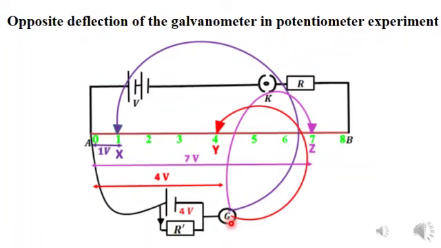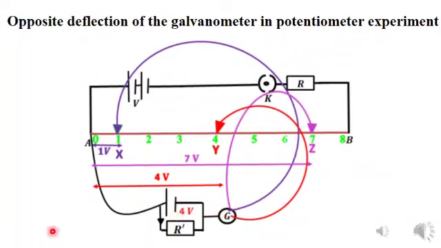Now, the galvanometer shows opposite deflections when we keep the jockey at its opposite ends. This is the method to check the correctness of the circuit connections. Because if we are getting these opposite deflections, then there will be a point on the potentiometer wire where, when we keep the jockey there, the galvanometer shows no deflection, which is needed for our experiment.